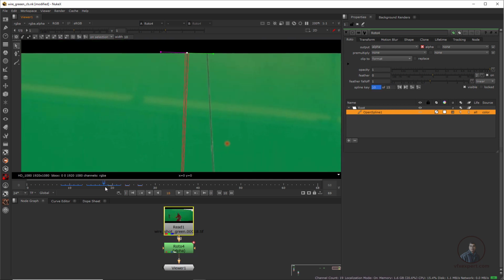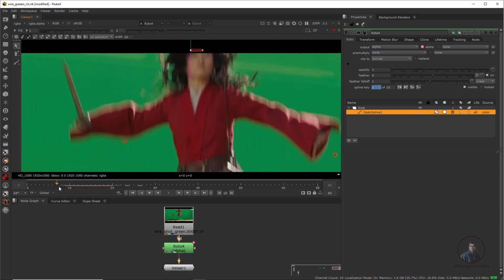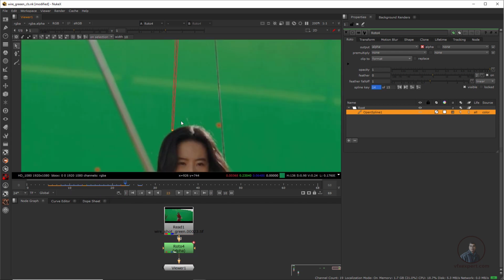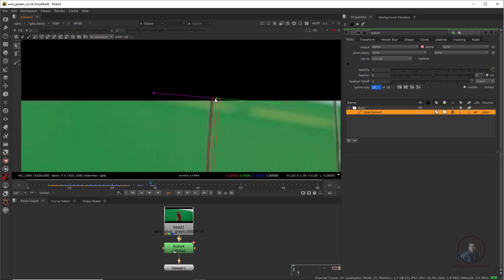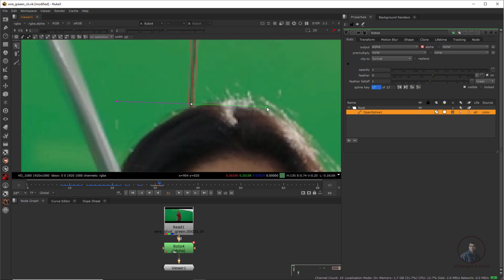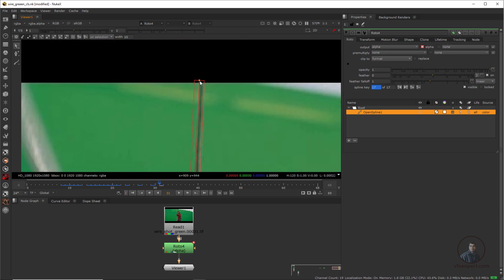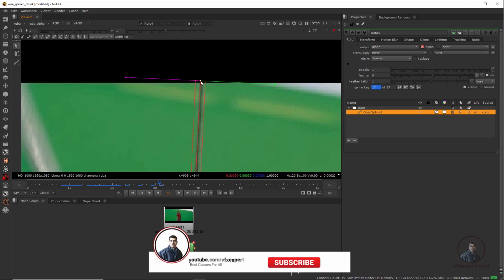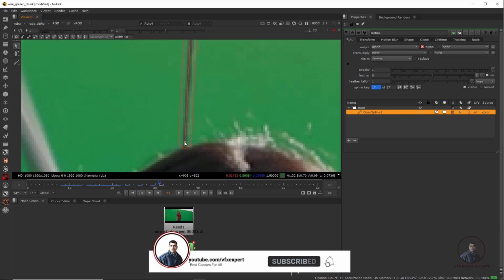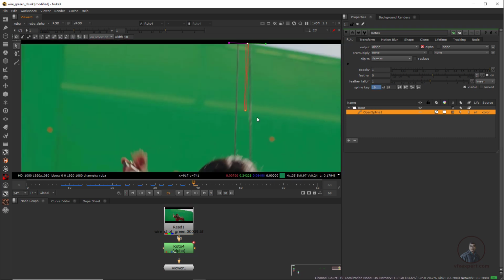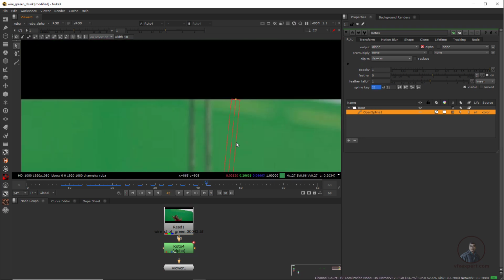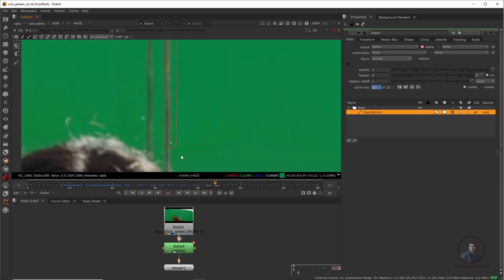So guys, till here you can check. I have covered this wire with the help of this open spline. Like this we have to cover the remaining frames here. Now adjust these expansions. Maybe here we are getting some motion blur like this. So you have to cover the whole wire in this entire area, and this middle line you have to place exactly on your wire. If you want, you can also track your wire with the help of a tracker and apply your tracking data on these shapes. If tracking is possible, then simply you can track.